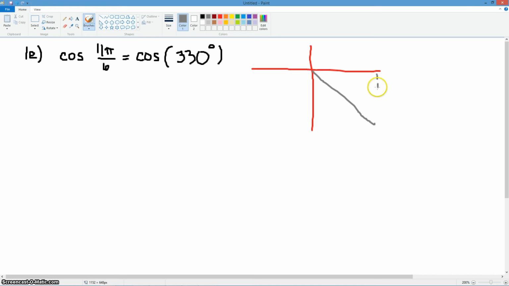So let's go ahead and create our triangle. Remember, the outside legs were our opposites. On the x-axis was the adjacent leg, and inside was the hypotenuse. Now, we need to figure out what is that reference triangle. So, if we say that from here to here is 330 degrees,